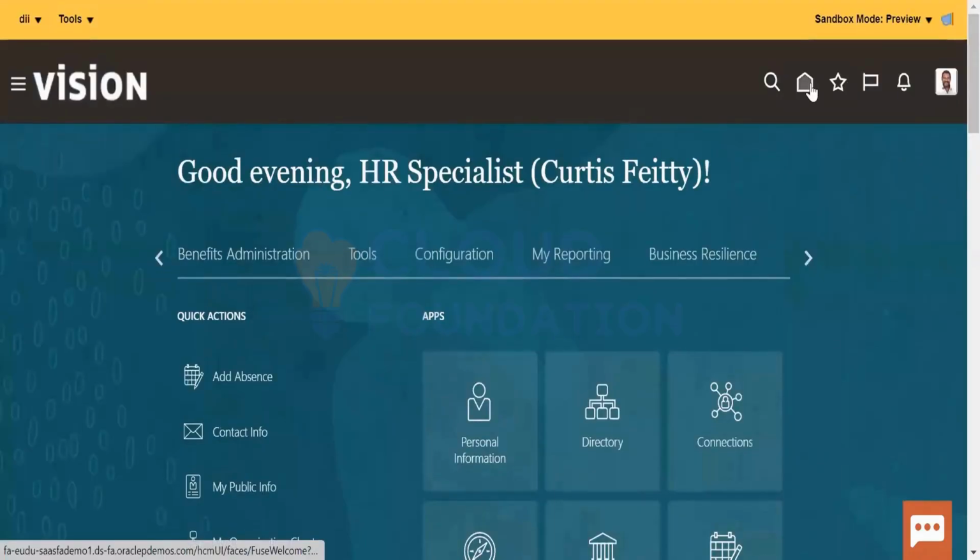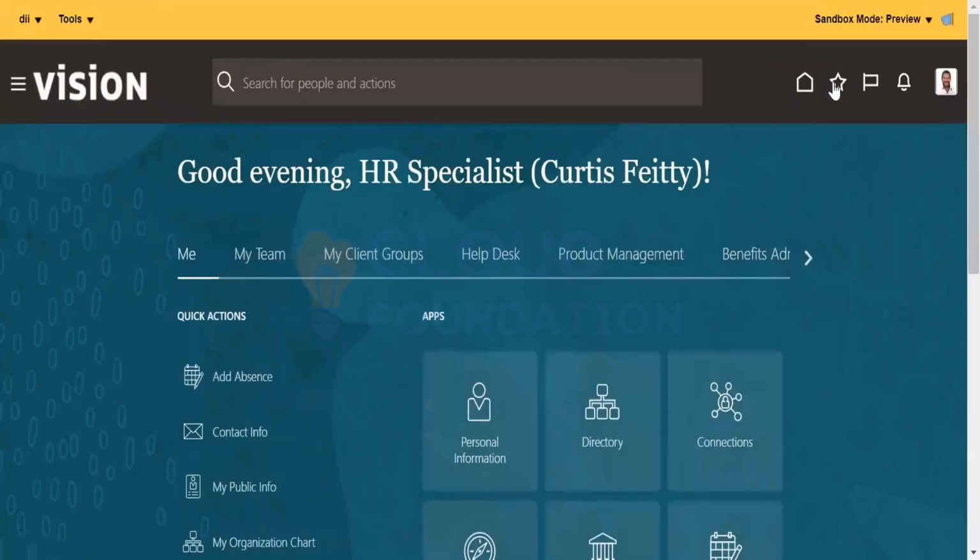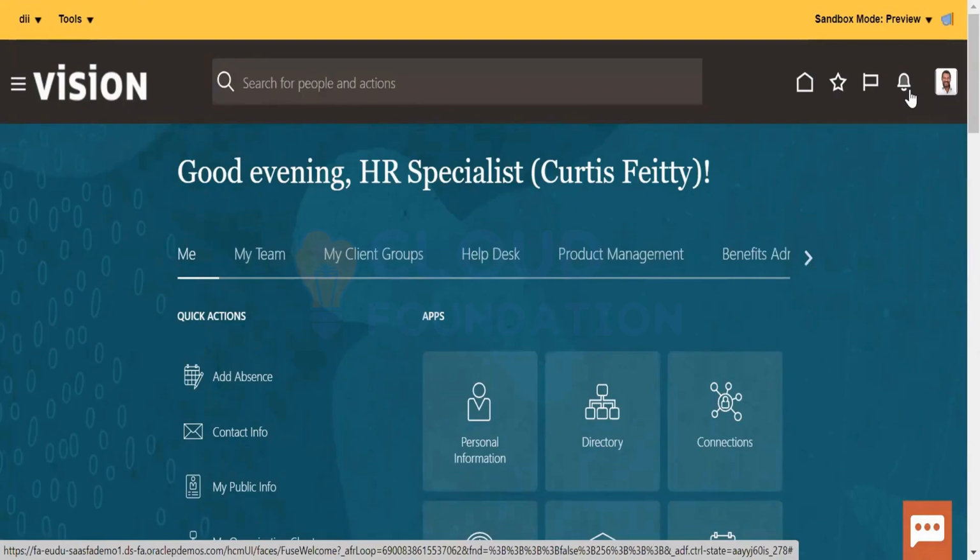And again, this is the home page. When you click this, we go to home. This is favorites and recent items. If you want to get any favorite, this is the work list. This is the work notification area.